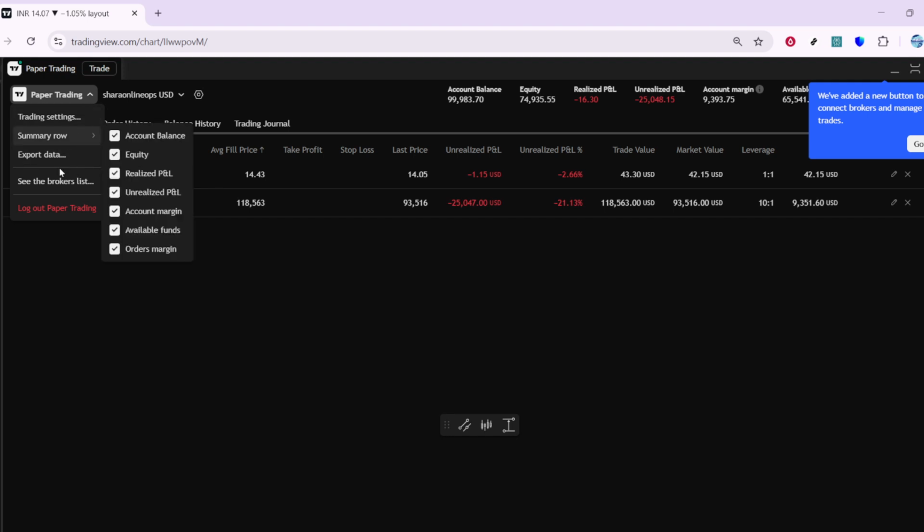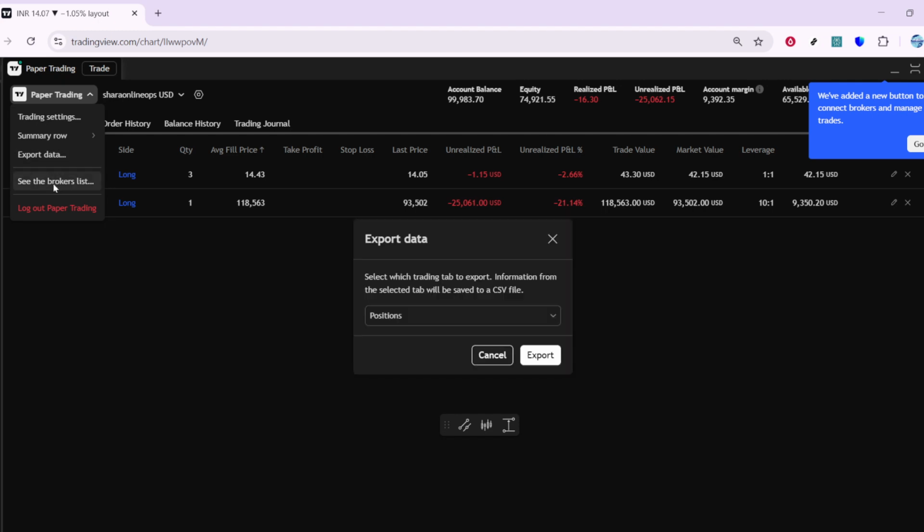This menu includes several account-related actions. What you're looking for is the option labeled Export Data. It might sit alongside other items like account settings or connection details, but Export Data is the one you want for downloading the current chart's historical information. Click Export Data. As soon as you do, Tradingview will package up the data from the chart you're currently viewing